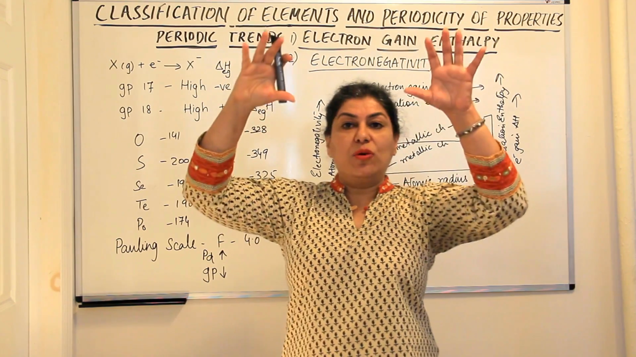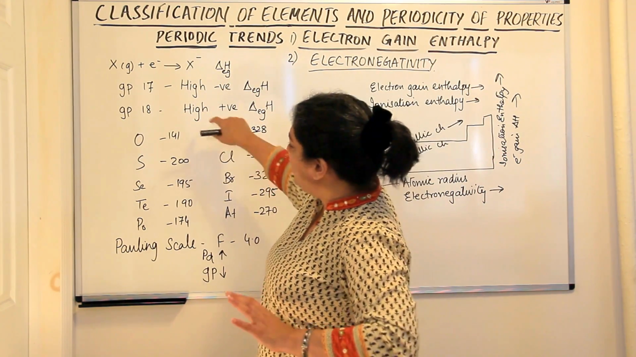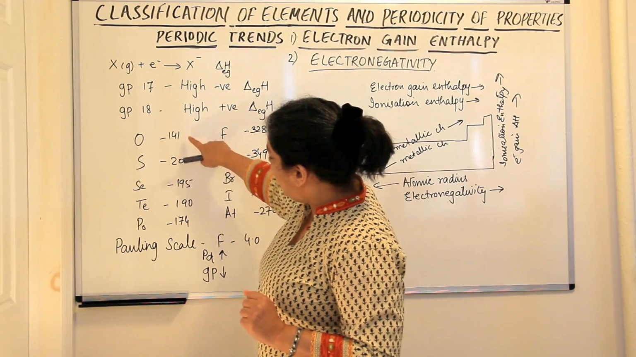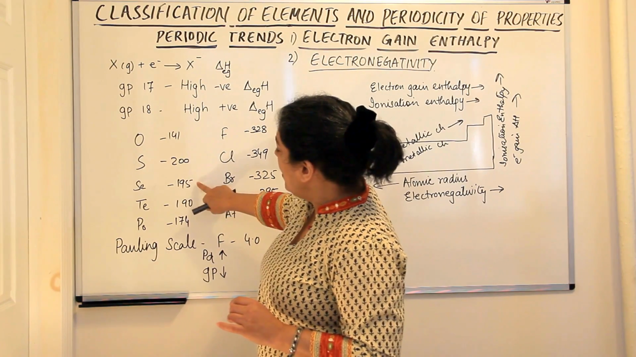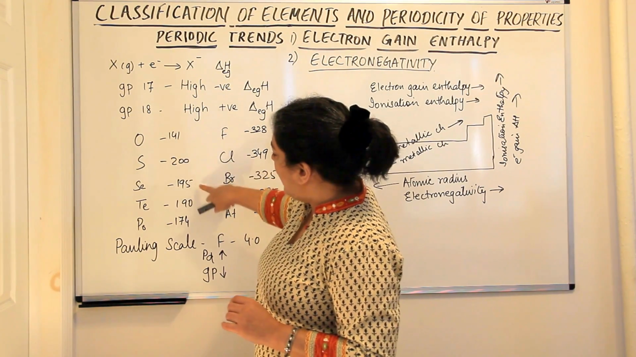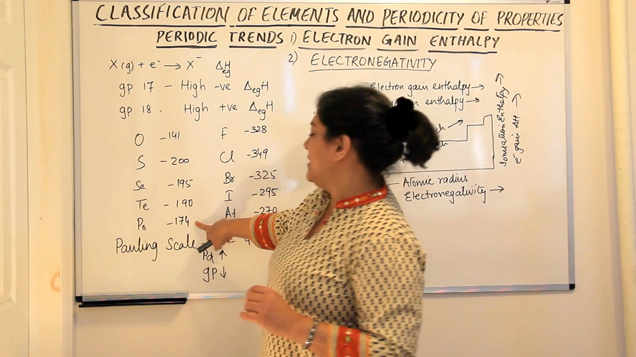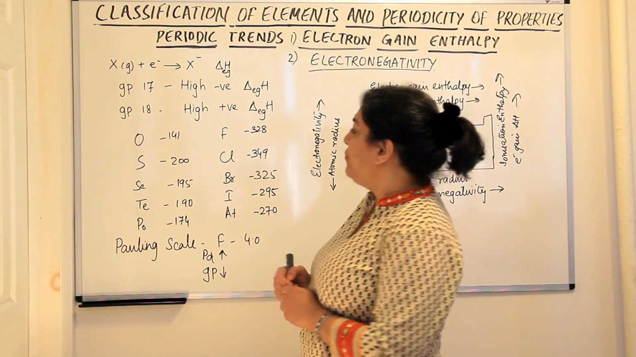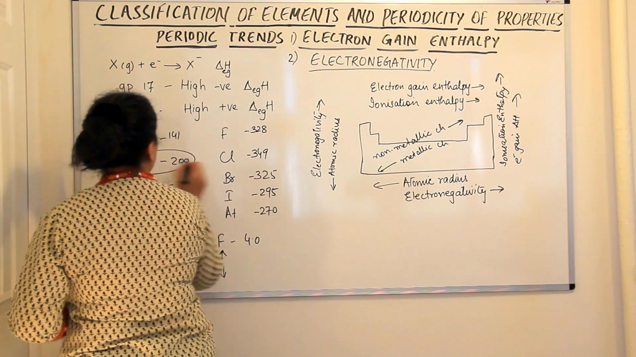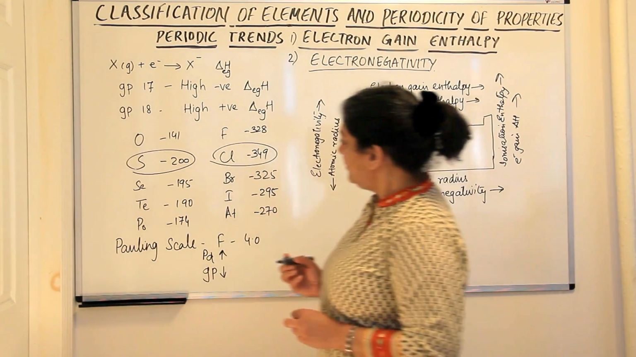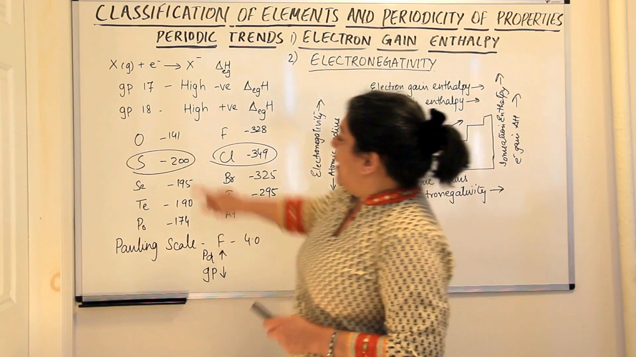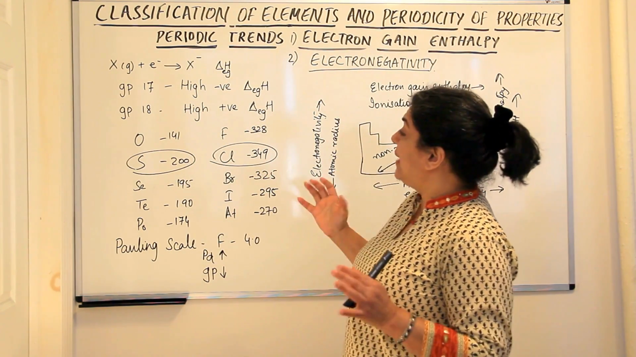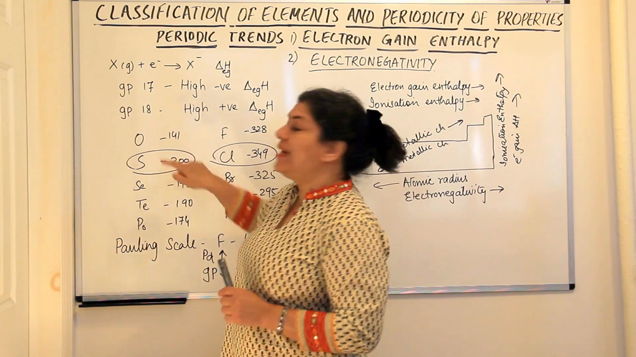If you go down in a group, on the whole, what do we see? The electron gain enthalpies, the negative values are 141, 200, minus 195, 190 and 174, which means the negative value is decreasing on the whole. But we find these exceptions here, that is sulfur and chlorine. Oxygen and sulfur, if you see, sulfur has a negative electron gain enthalpy of 200 and oxygen has a negative electron